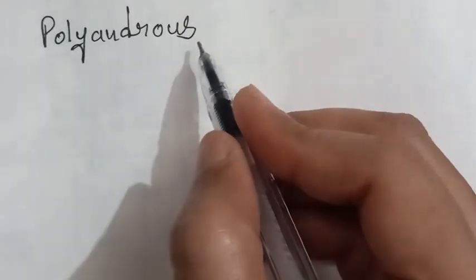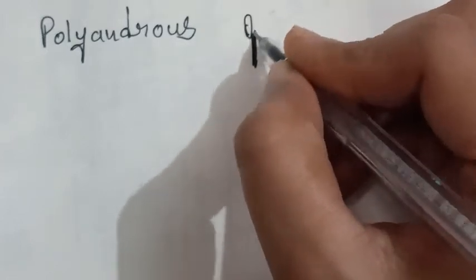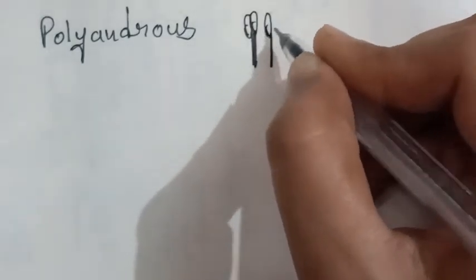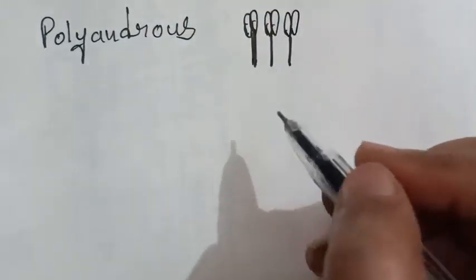So student, the previous classification is based on the structure of filament and anther, how they are fusing with each other. Now the next classification is based on the fusion of stamen as well as filament. So first one is polyandrous. In this polyandrous, all filaments are free from each other and their anthers are also free. Like this, so many filaments and anthers are there and each and every one is free from each other.